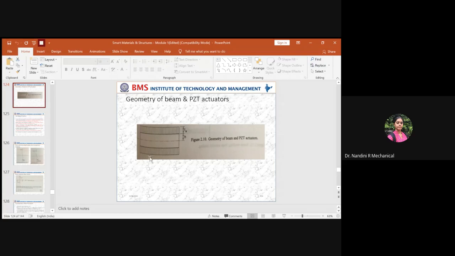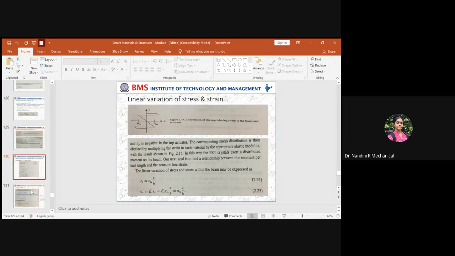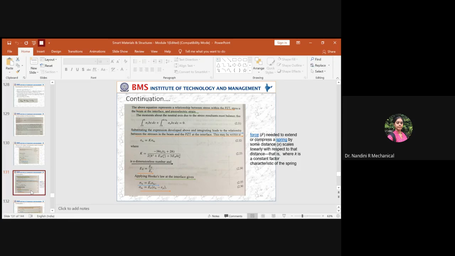So this distance we will measure as width, which will be referred to as B, and this is the distance we measure across the Z axis. The same thing has been measured over here in the integral. First you will write the stress across the structure multiplied by the width of the structure into the height of the structure across the Z axis. So you will differentiate that with respect to dz, right? So you will write this.